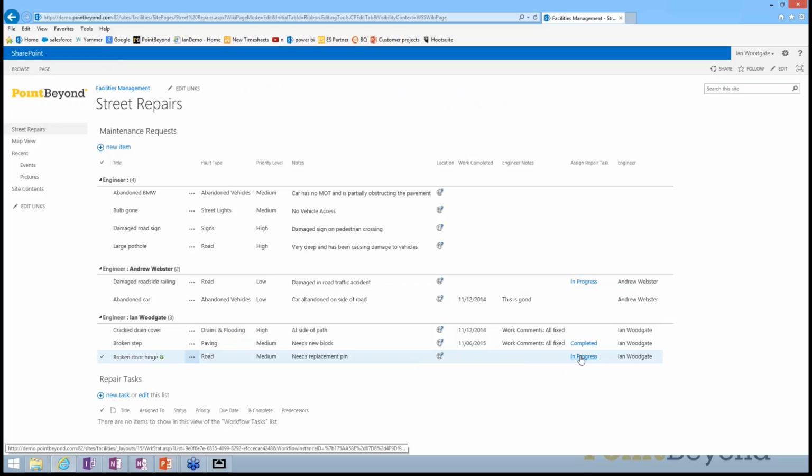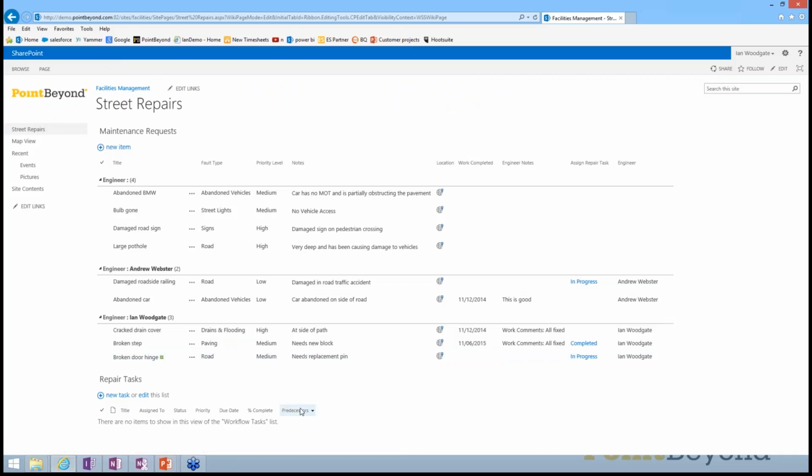It's going to call the Bing web service to get the engineer directions from his current location to the location of where the fault is. And it's also going to call another Bing web service to get him a little map as well, to show him the route that he should take from where he is now to the location he needs to go to next. That workflow takes a few seconds to run, so while it's going through that, let me just show you